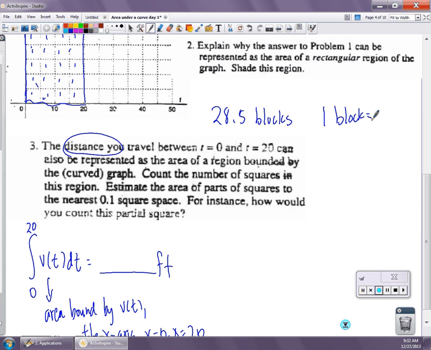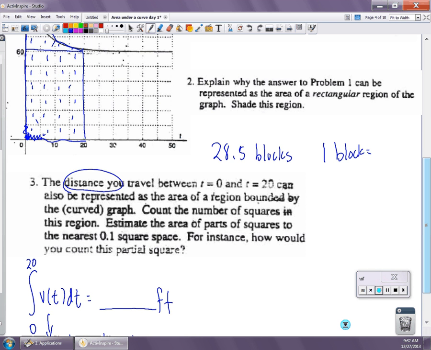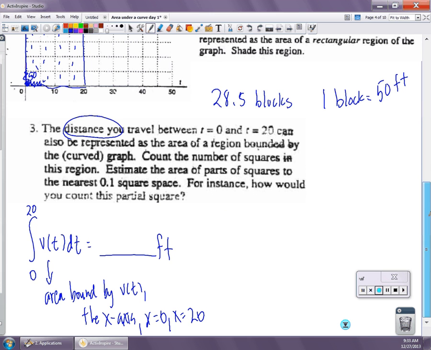So take a look, here's one block, it's 5 by, what's my scale on that? 5 by 10, it looks like 10, 20, 30, 40, 50, 60. So it's 5 by 10, so one block equals 50 feet. So when I do 28.5, I have to do 28.5